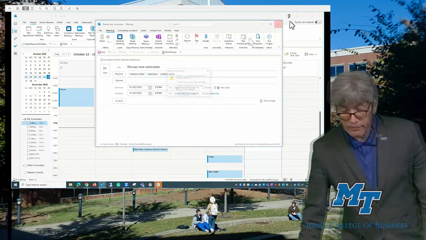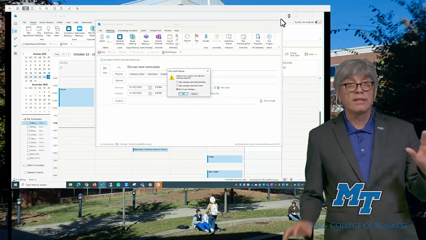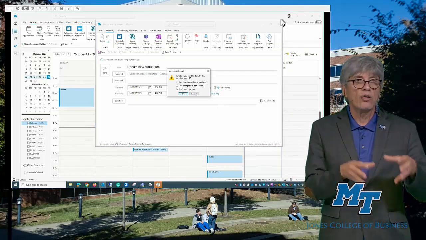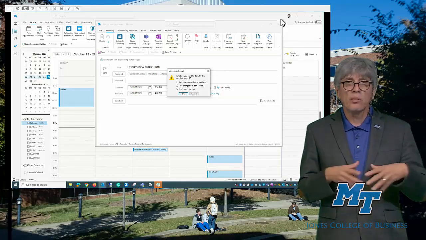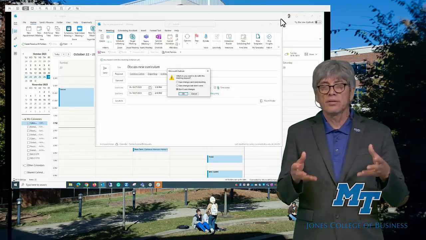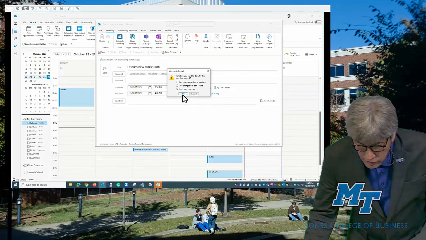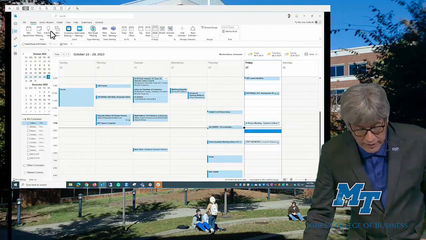One thing that is important, this will work best when everybody has their Outlook calendar updated. If somebody has not entered the dates and times, then it might not work the best. Don't save changes, okay? So that's the first